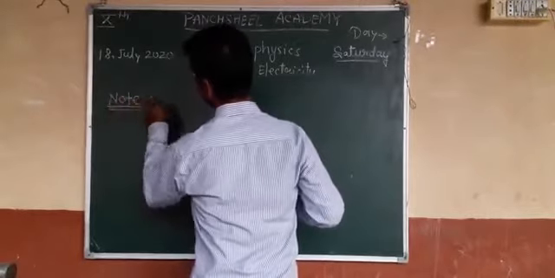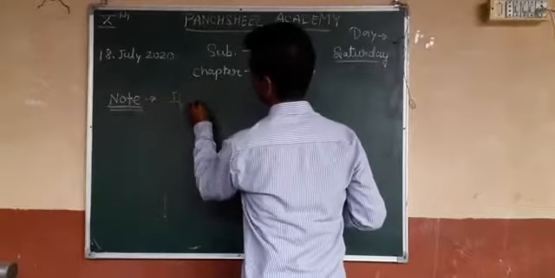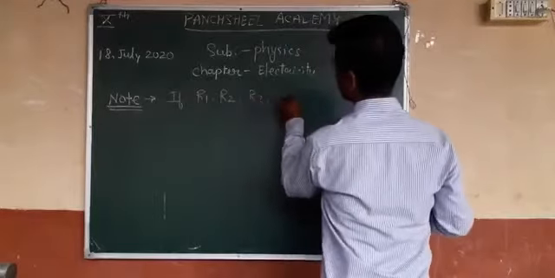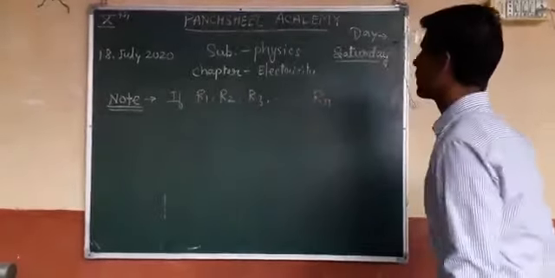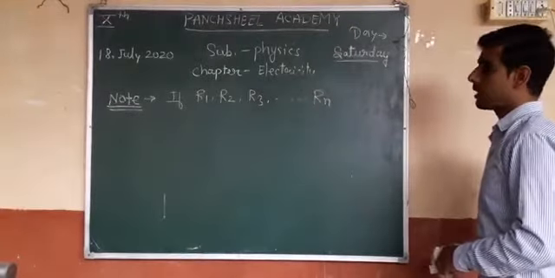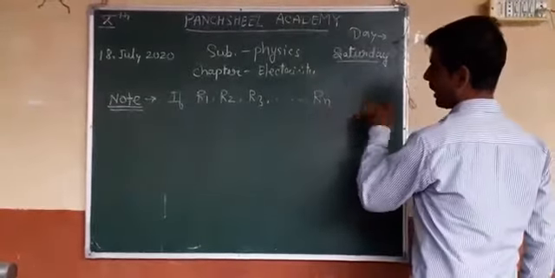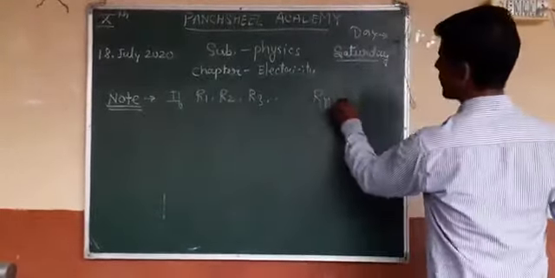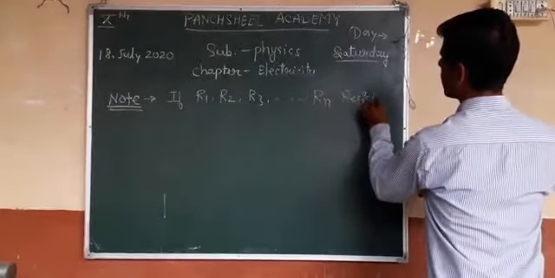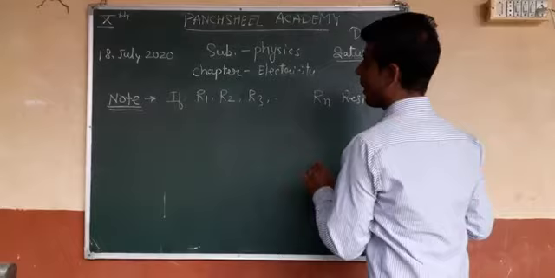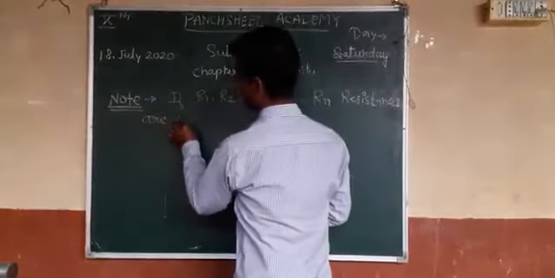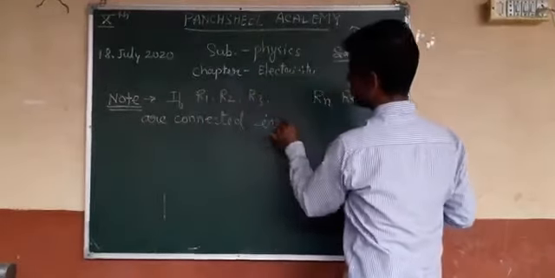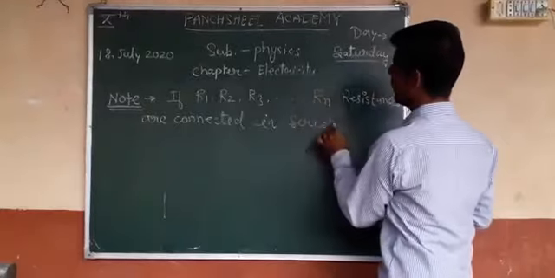Note: if R1, R2, R3, Rn, suppose R1 plus R2 plus R3 up to Rn, n resistances are connected in series combination,